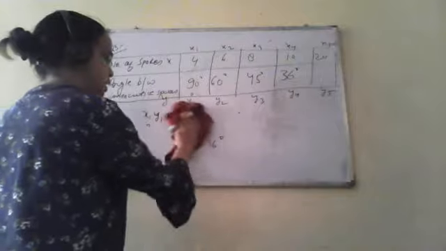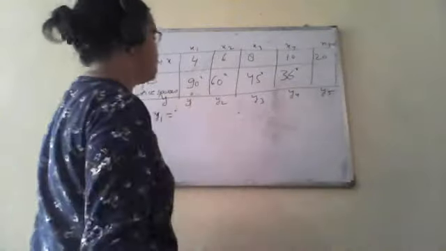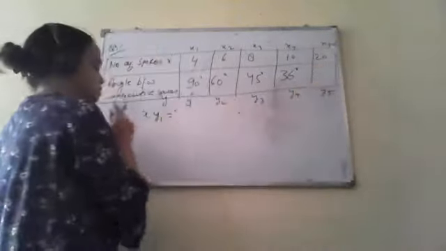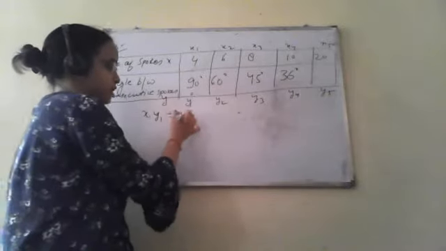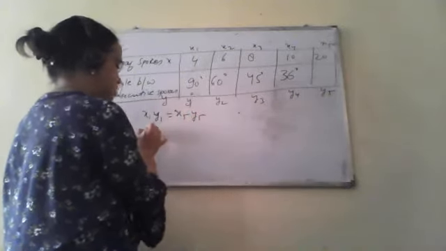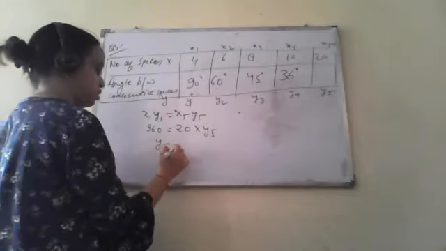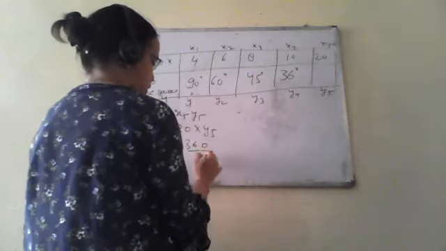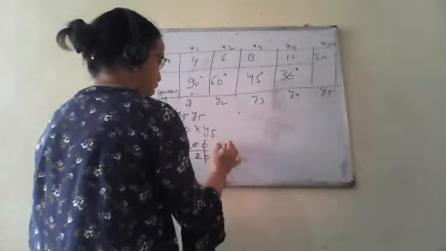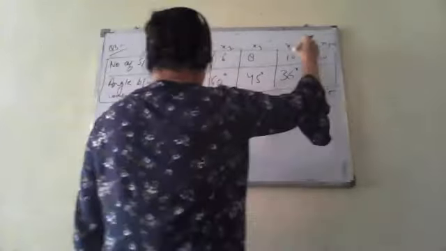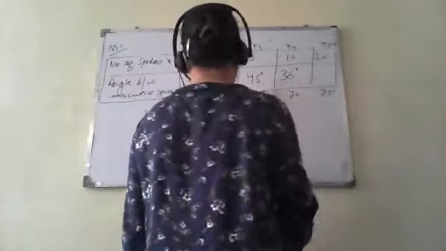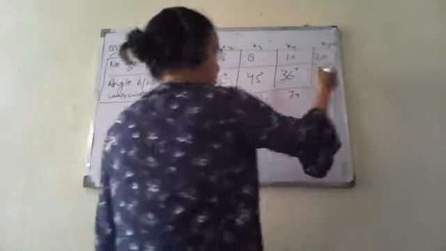Okay, so the next part is x5, we have to calculate y5. So this is x1 y1 equals x5 y5. Again this is 360 and x5 is 20 and this y5 we have to calculate. So y5 will be 360 upon 20, that comes out to be 18. So when there are 20 spokes, the angle between two consecutive spokes will be 18 degree. So clear? I hope this is clear. Now the next part of this question.